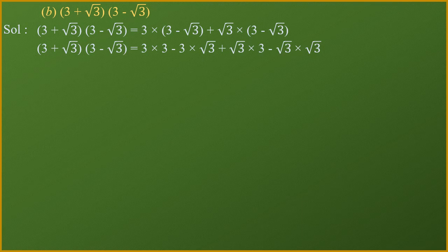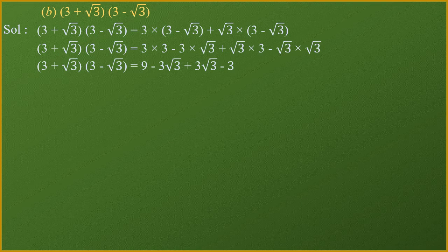Same way further root of 3 we are multiplying with 3. So that I wrote as it is, and again root of 3 I am multiplying with again root of 3. But you see, first root of 3 sign is positive while second root of 3 sign is negative. So plus into minus became minus, and root of 3 into root of 3 I wrote as it is now. Now 3 into 3 became 9. 3 into root of 3 again I wrote in the similar way, because I can't multiply both of them. Similarly root 3 into 3 again I am writing in the same manner, 3 into root of 3.